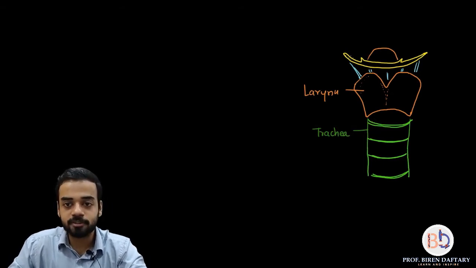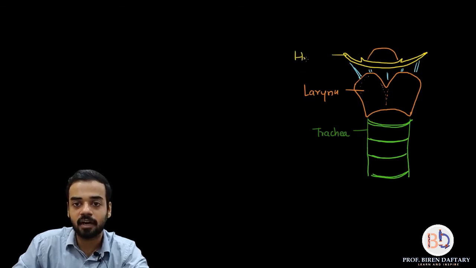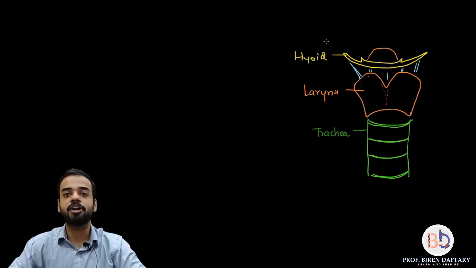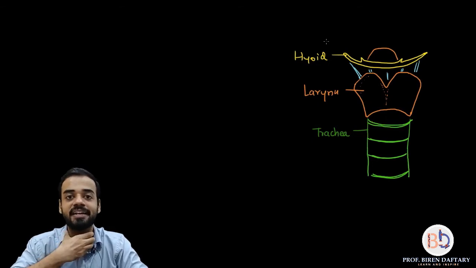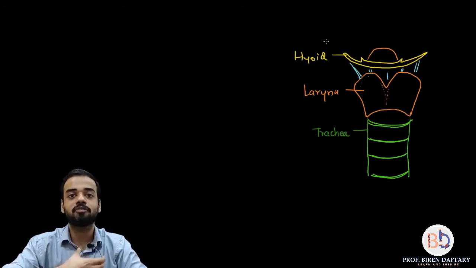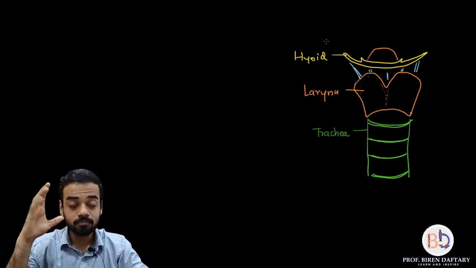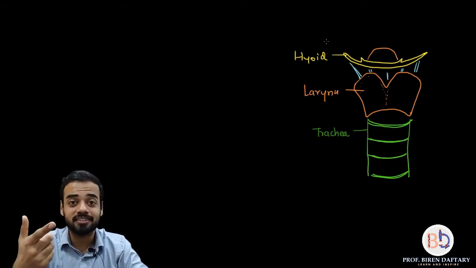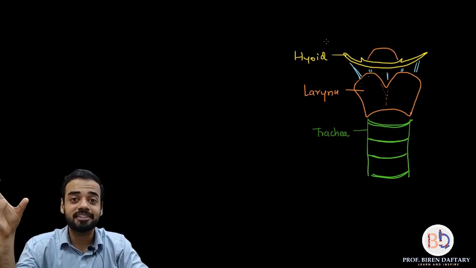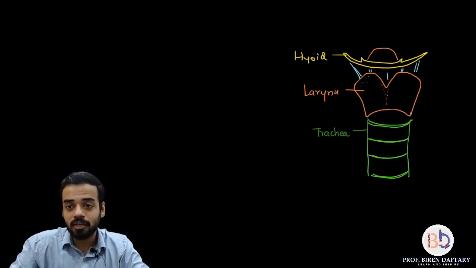There is a bone present over here, which we have already studied in the human skeleton, called the hyoid bone. The hyoid bone is present somewhere over here, and it is very, very important because the larynx is attached to the hyoid bone. So this entire respiratory pathway is held in position by the hyoid bone. Normally in cases involving strangulation, the hyoid bone gets fractured, and because of that the entire respiratory tract collapses. Anyway, I have shown the hyoid bone and the larynx.